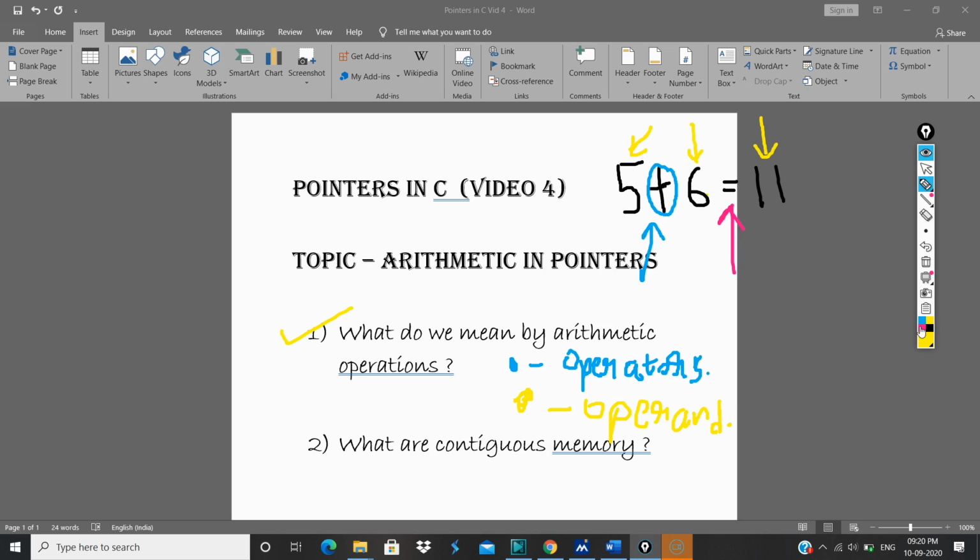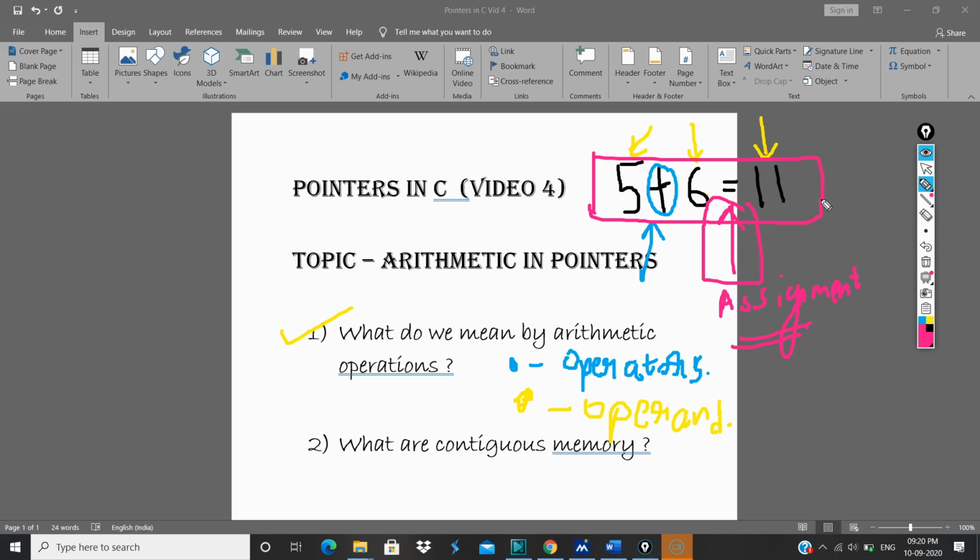And what is this thing? As I have mentioned, since it contains equal to, this basically means assignment. So this in turn turns out to be your assignment statement. Fine. So this is the crux of this particular expression.